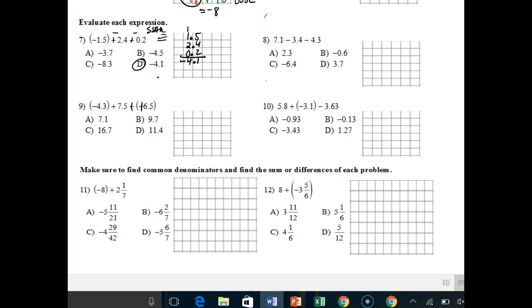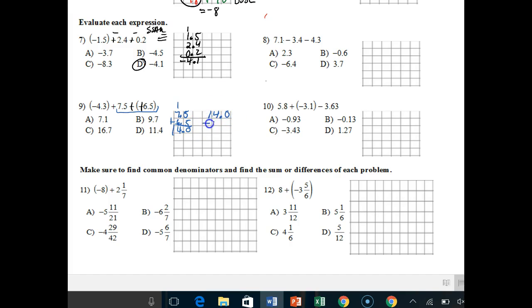Right? So we have 7.5 and 6.5, which are the same signs, but 4.3 is a different sign. So let's work this first. 7.5 plus 6.5 gives me 10, carry the 1, gives me 14. All right. Then I can do